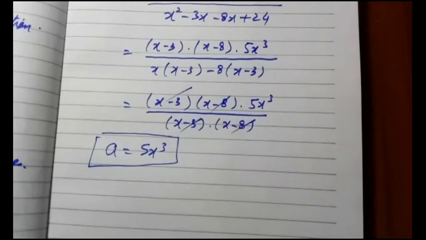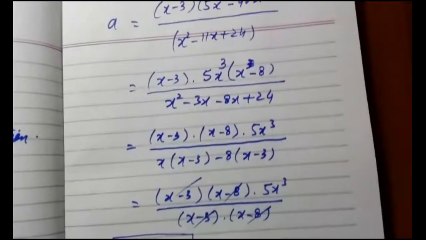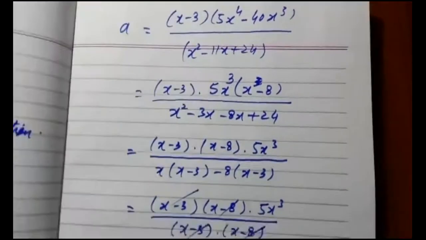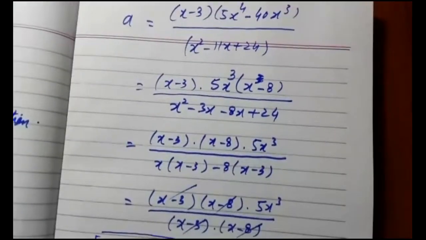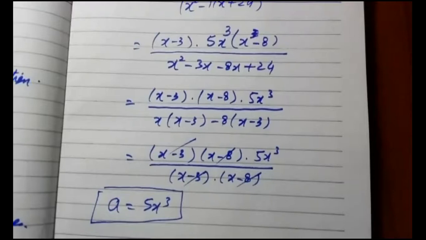Maybe you can unmute your mic and ask your questions, because the whole question is right in front of you. I started from the fourth proportion, substituted the values, factorized the terms, and cancelled the terms, and we finally got A as the fourth proportion. These are very easy questions. If you see the past papers, you will be surprised that these types of questions have been appearing in long questions from chapter number 3.